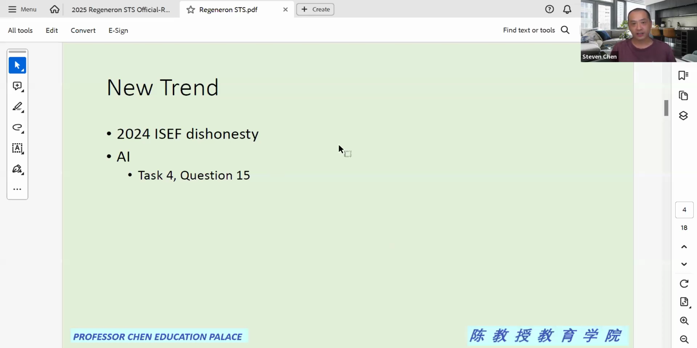Given this fact, my guess is that in the upcoming Regeneron STS, the STS committee will look at dishonest behaviors very, very seriously. In particular, nowadays, many people use AI. So I'm pretty sure that they will check it very, very seriously and see whether you lied, whether you were academically dishonest, such as making some images that were not made by you, but you copy and pasted from somewhere else, but you falsely claim that you